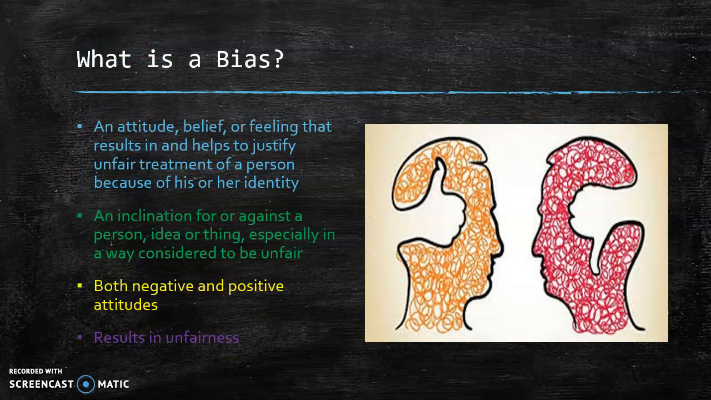Okay. So what is a bias? A bias is an attitude, belief, or feeling that results in and helps to justify unfair treatment of a person because of his or her identity. Bias lacks the objectivity or inclination to favor one thing, group, or person over another. It's also an inclination for or against a person, idea, or thing, especially in a way we consider to be